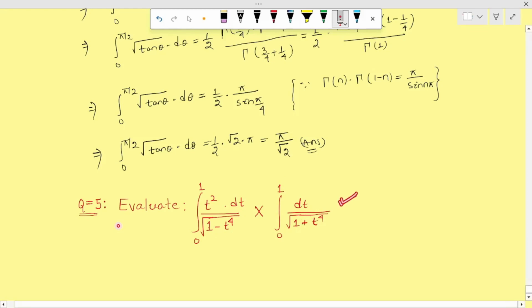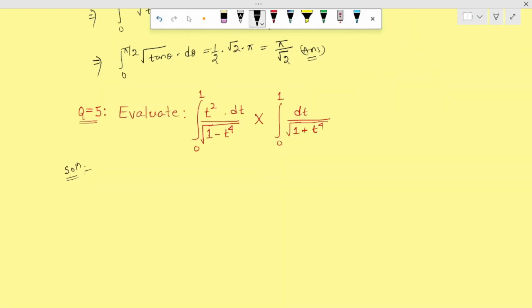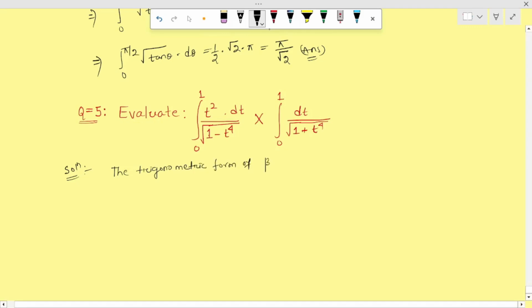This question will be solved by using the trigonometric form of beta function. So first I am writing the trigonometric form of beta function, then we are going to solve this question. The trigonometric form of beta function is what we know,